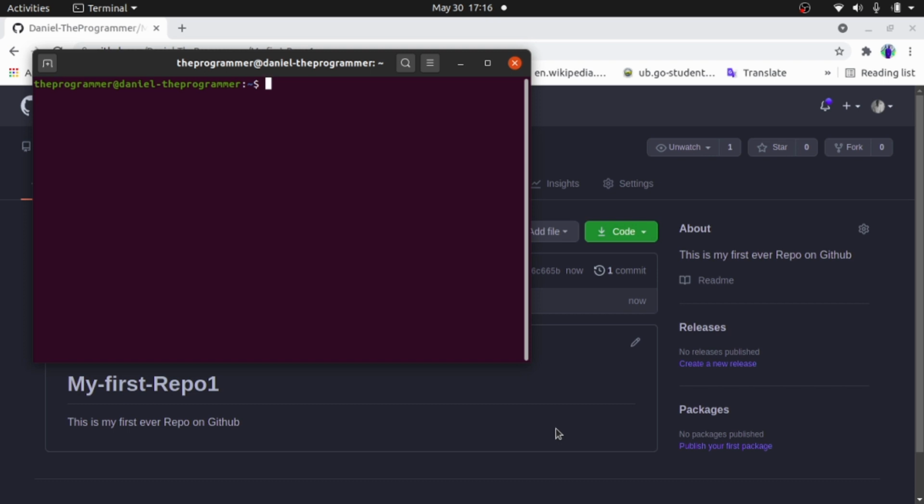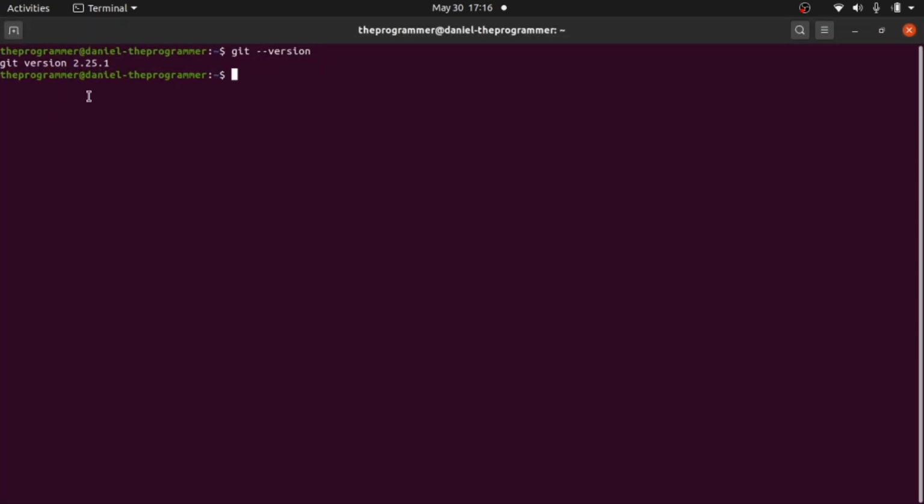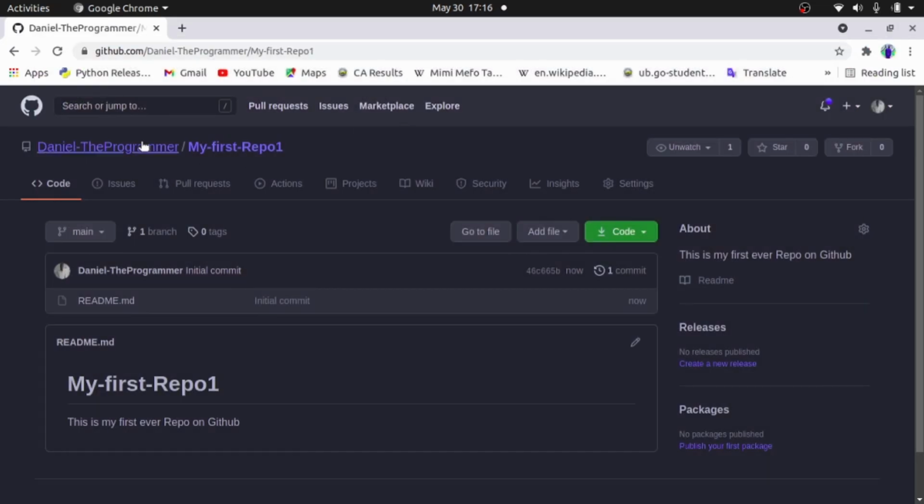Here I'm using Ubuntu, so for me to be sure that Git is installed, I'll just type git --version. As you can see here, the Git version on my machine is 2.25.1. For you to install Git, I'll put the link in the description below.